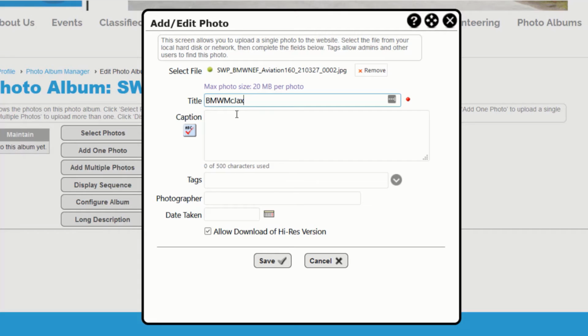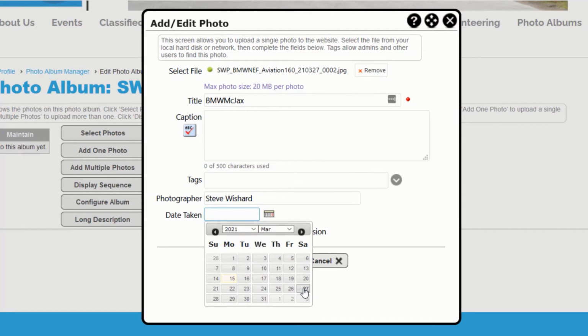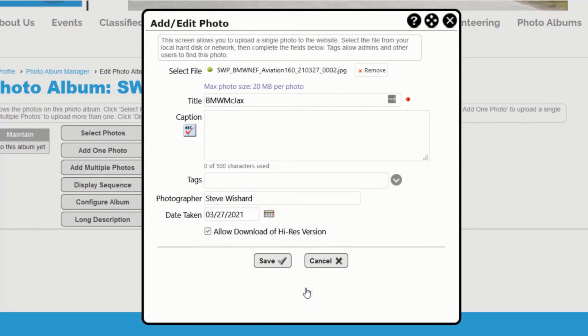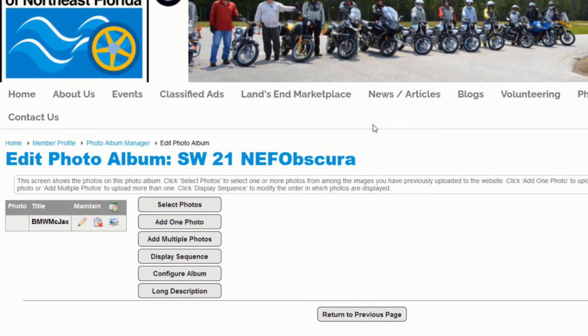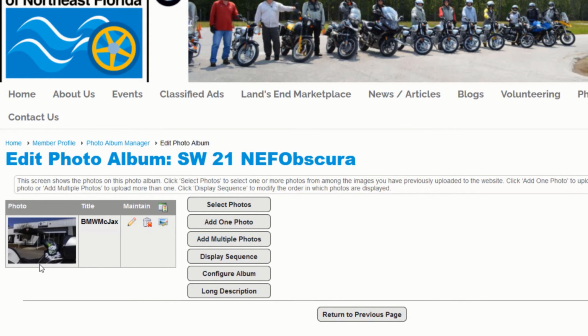Anyway, what I'm going to do as I do these bonus locations is the title will be the name of the location that I was at. I'm going to be the photographer, and I'm going to pretend, aka lie, and say that I shot this on the 27th during the ride. I actually shot it during the ride video that I produced, that you can see by going to the ride event. And we'll go save, and it's going to take it a second to process,